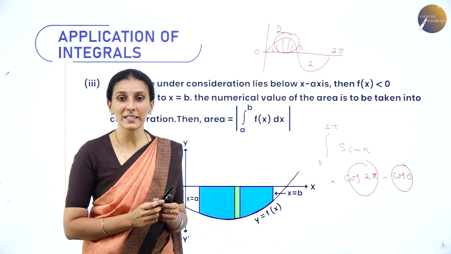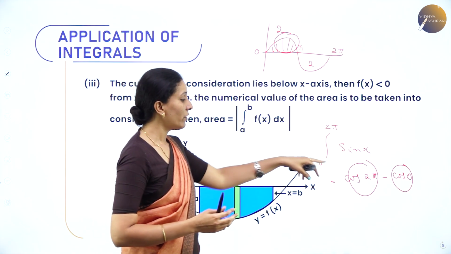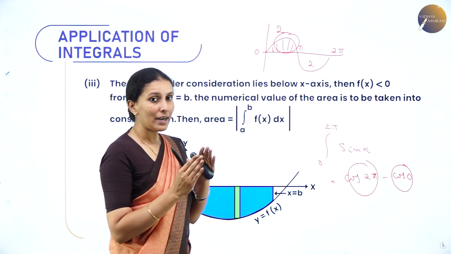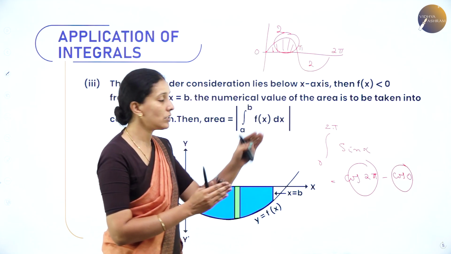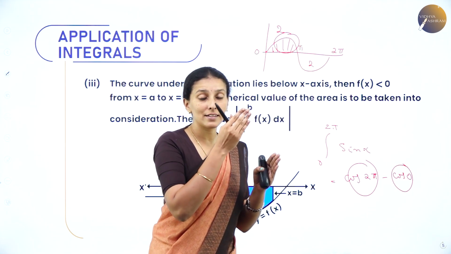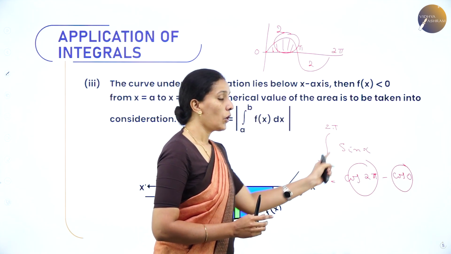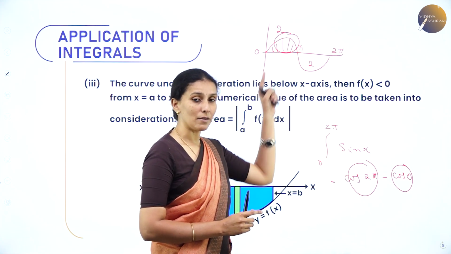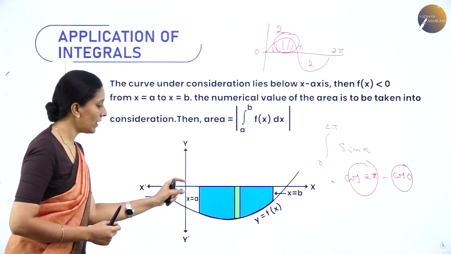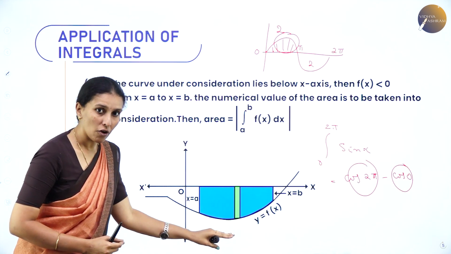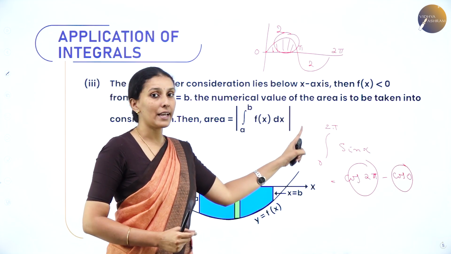So the value will be 0. That means your area is 0 here. That means there is no curve. So which cannot happen here. So in that case, we will divide the first half of the curve as first function and second half of the curve as the second function under the modulus of the given function. Then we will get the area in terms of 4 square units which you will be studying later. So whenever area of any curves falls below the x-axis, you should remember that you should always take the modulus